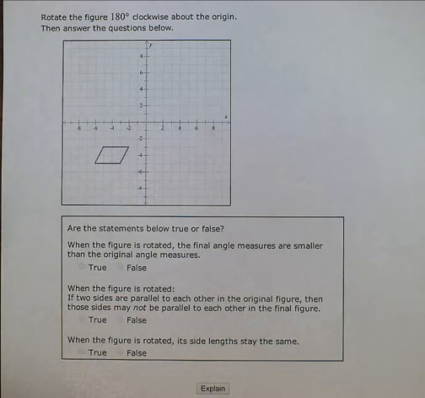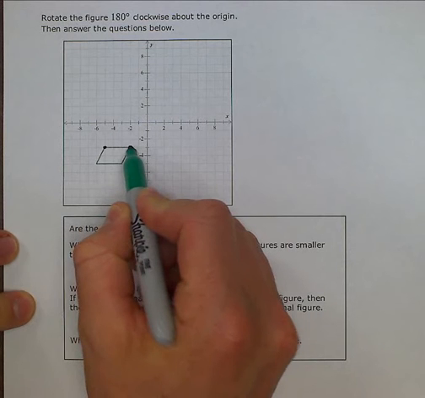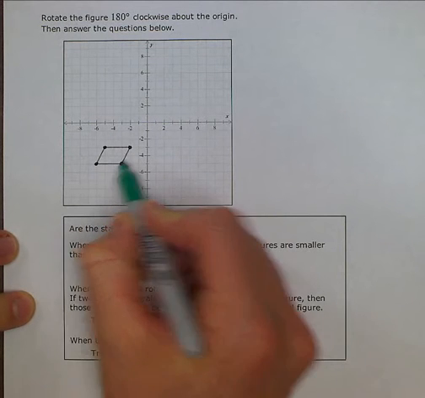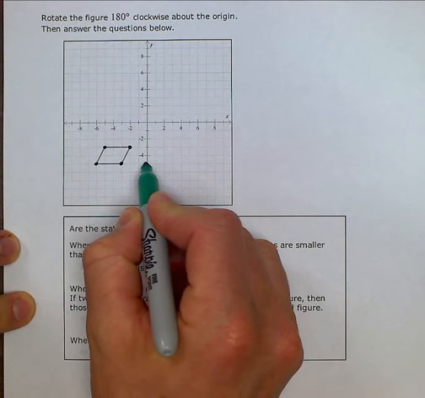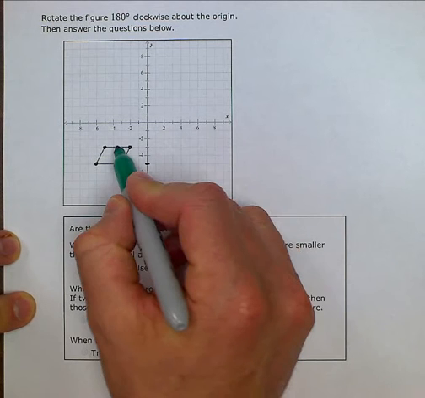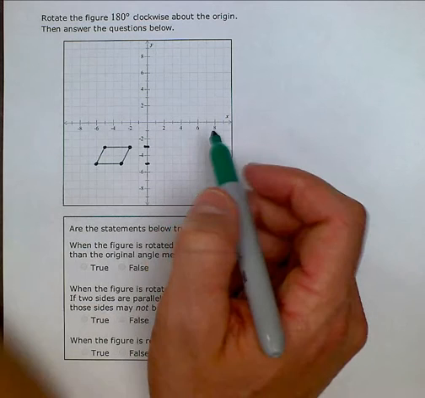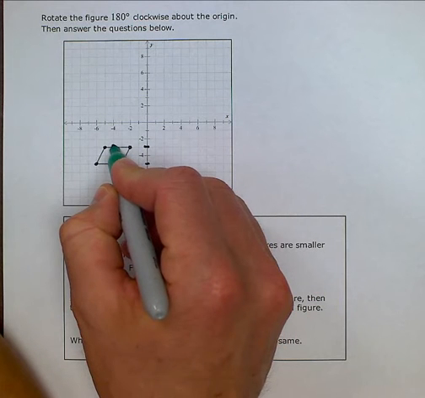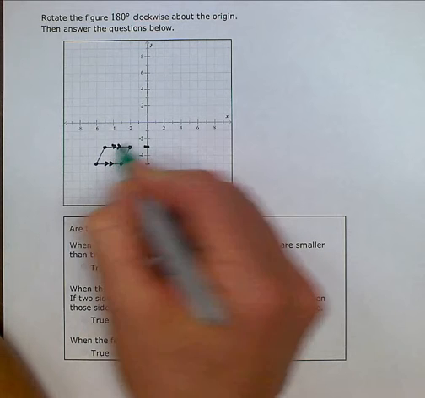So let's go ahead and look at this figure. We have a point here, a point here, a point here, and a point here. We notice that these points line up. They're on the y equals -5 line, and these here are on the horizontal line y equals -3. So here we see that we have parallel lines on top and bottom, and what we're looking to do